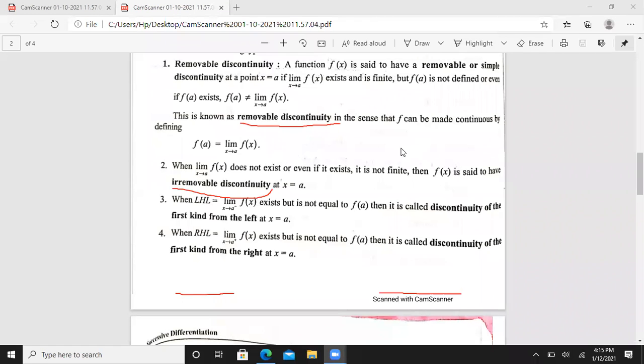Here we discussed the definition, the removable discontinuity, then irremovable discontinuity, then discontinuity from the left hand and discontinuity from the right hand. Next, go to the